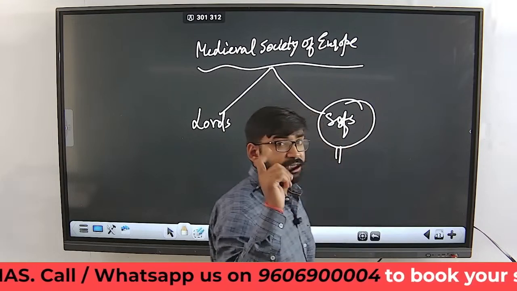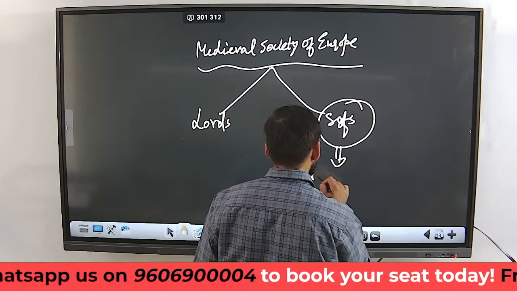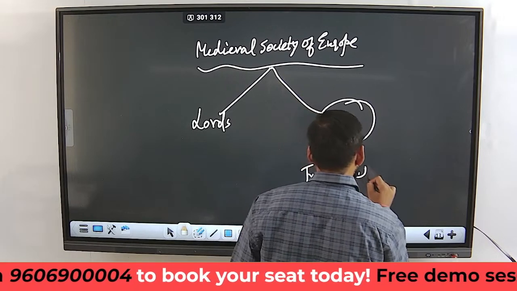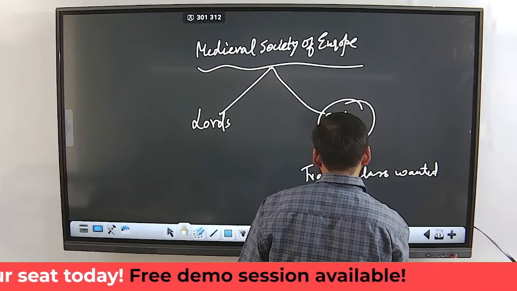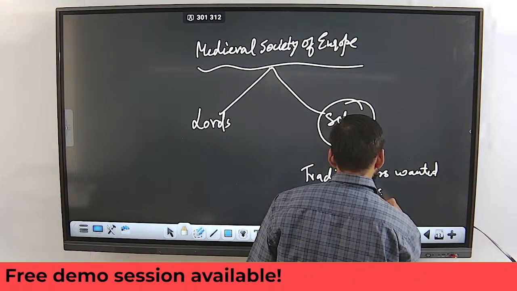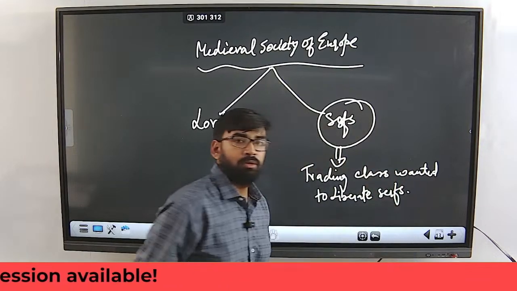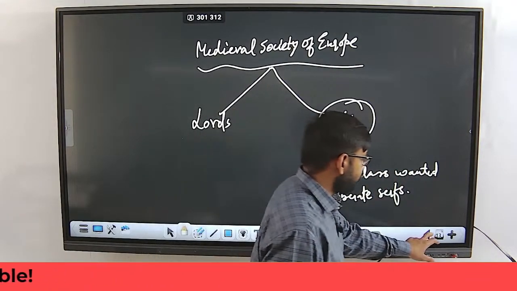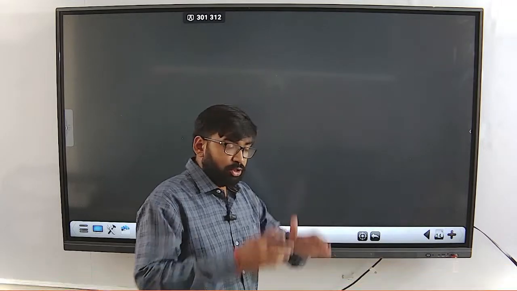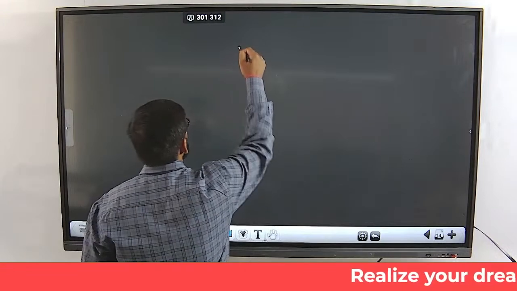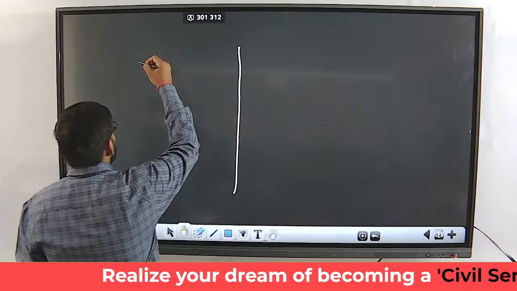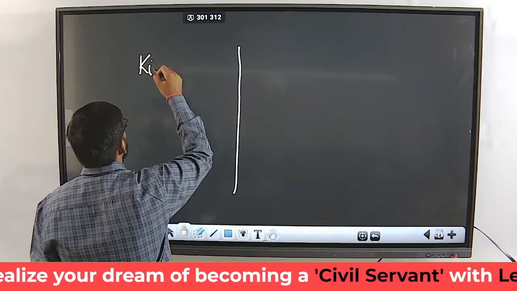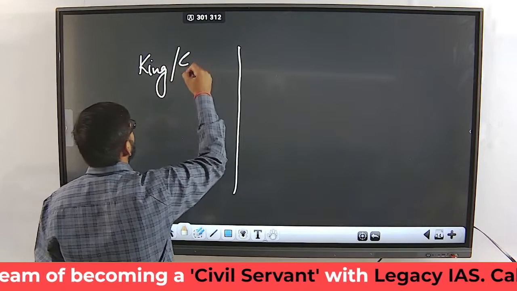Now from here you will see important thing. Trading class wanted to liberate serfs. Getting my point? For their factories. Now you will see the groups will be formed. Now two groups will be there. Now see, trading class, okay, or you can say the Roman king, Roman emperor,